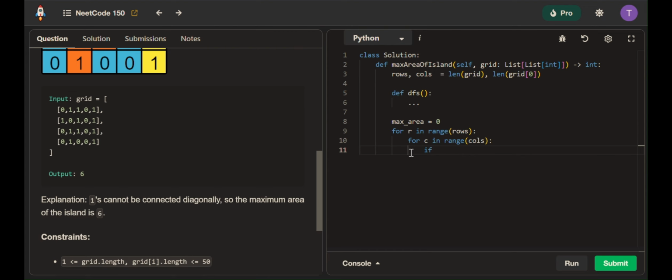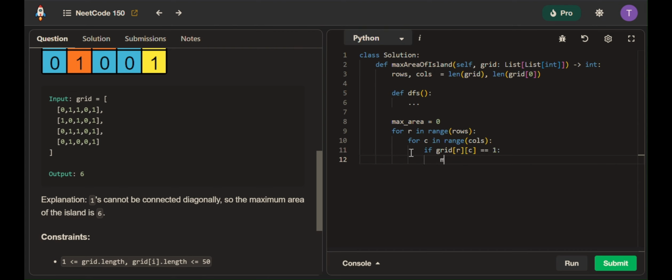So it means that if we see a 0, the English sentence if we see a 0 is translated to if the grid at the row and at the column, right? So if we see a 0 at the cell we're at, well, in fact, if we see a 1, because if we see a 0, we just want to pass. There's nothing we really care about. So if we see a 1,